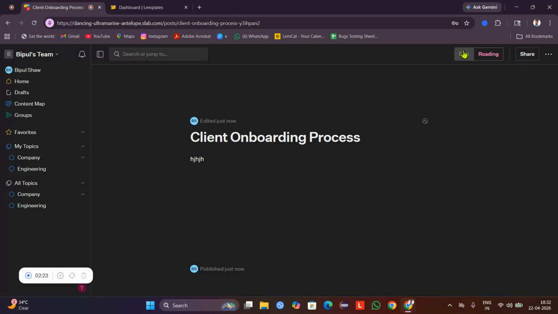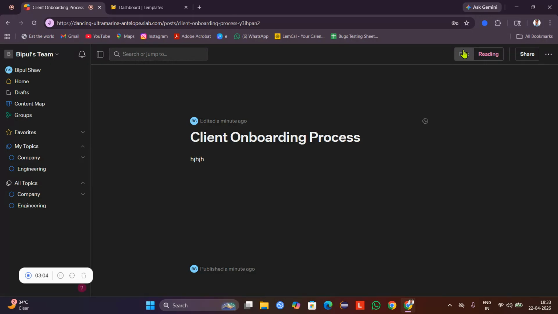In both tools, like you can see here, I just create a document in Slab, and first I'm creating this workflow in Slab. Okay, so I just created it, and here I'm adding steps as a document: collect client details, send welcome email, create project folders, assign team members, start project. In Slab, we can also add links, documentation, instructions. This works well for knowledge sharing and documentation. However, assigning ownership or enforcing required fields is mostly manual.